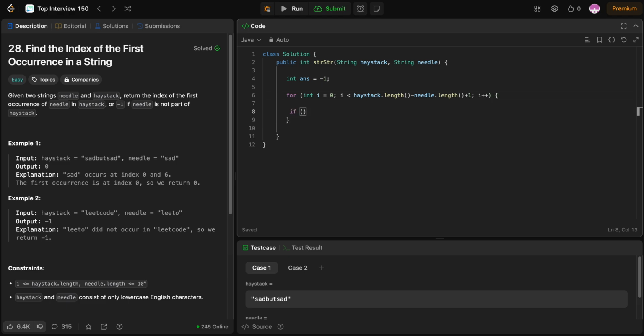If haystack at i equals needle at 0, ans equals i, just so I can keep track of the index, right? And then we'll do for i equals 0, or no, we'll do